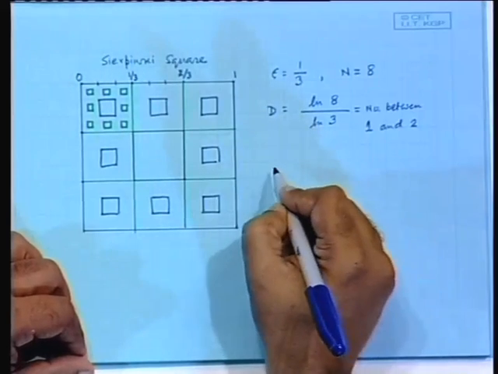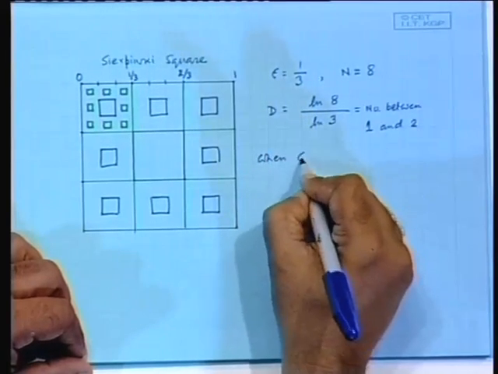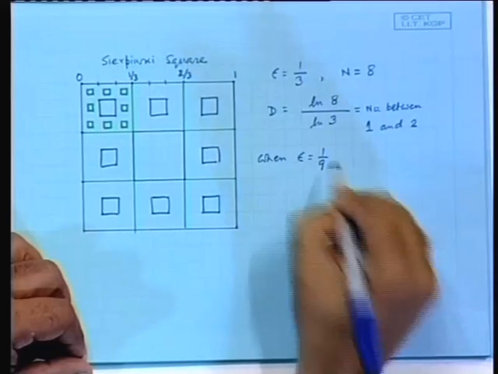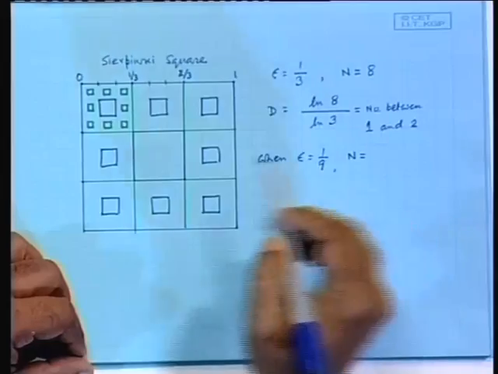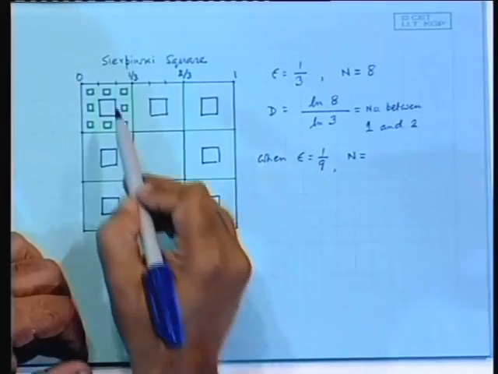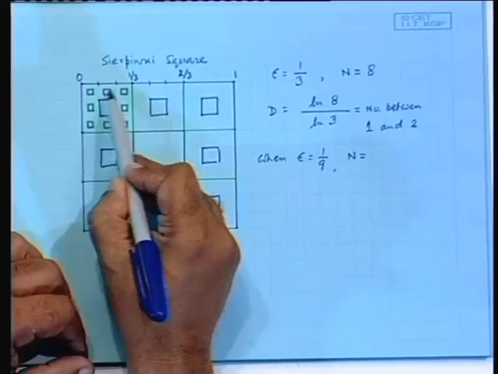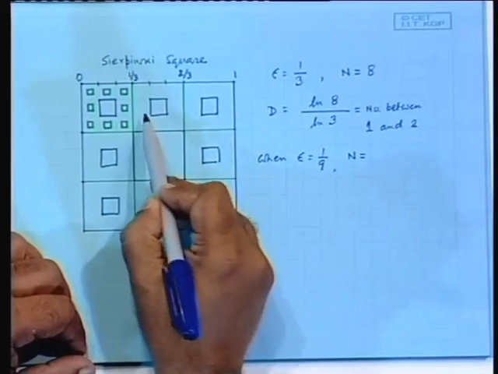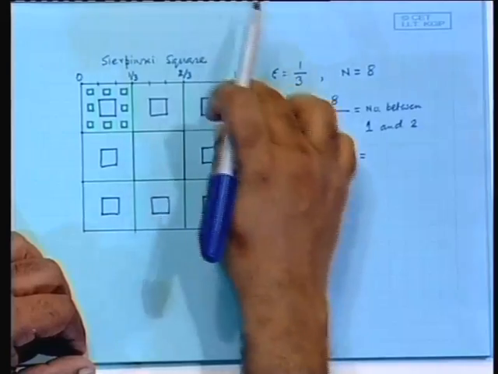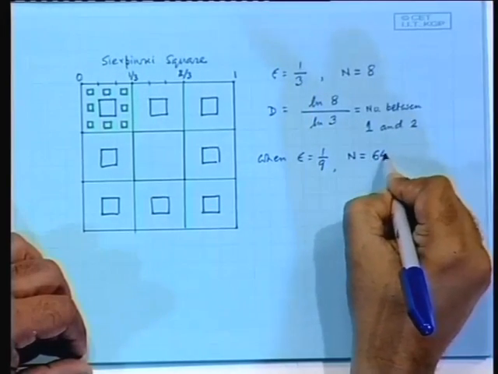At this stage, when epsilon is 1/9, how many of these are necessary to cover this object? Notice there are, in this particular box, 1, 2, 3, 4, 5, 6, 7, 8. Likewise, there are 8 of these filled boxes, and therefore, we will need 64 of these in order to cover